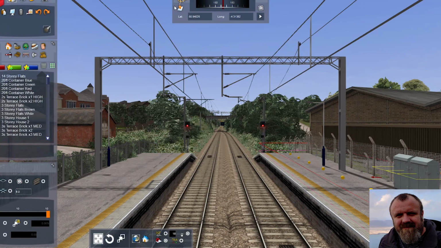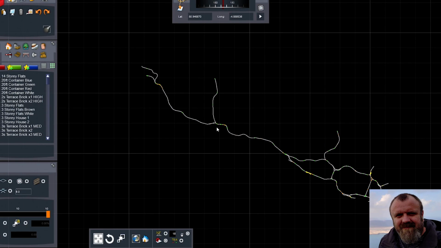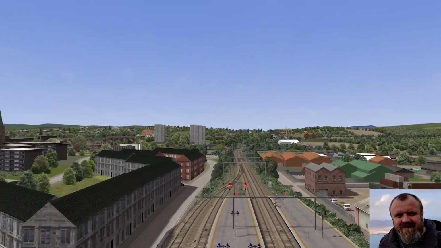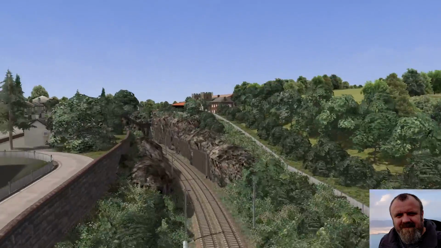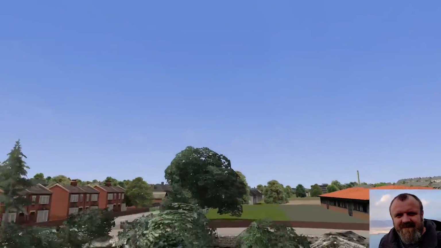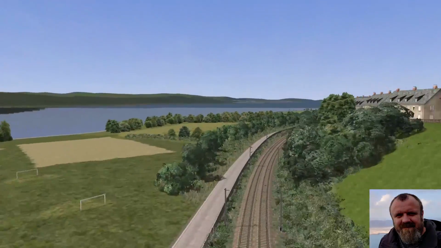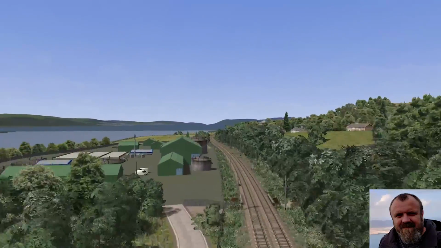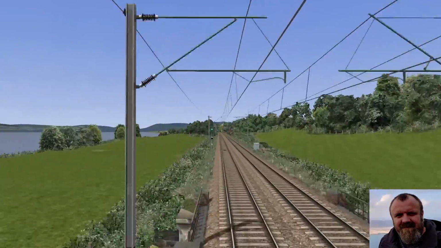I'll jump to Dumbarton then and we'll do the run down towards Helensburgh, which is this part you can see here. That's Helensburgh. So this is Springburn here, Partick here, Dalmuir here, Dumbarton here and Balloch here. That's Dumbarton Central that we passed earlier on, crossing the river, leaving Dalriach, and then you go down through a couple of single tunnels here, and this is out on the main line towards Helensburgh now, which again is also used by the West Highland line trains.